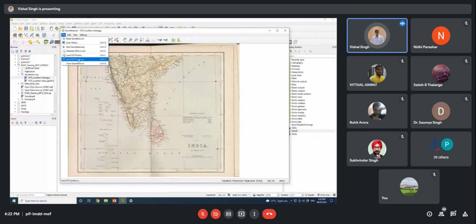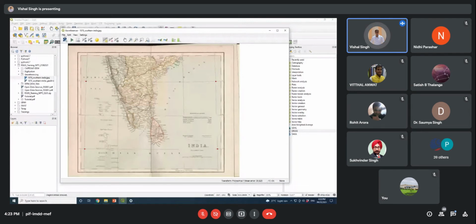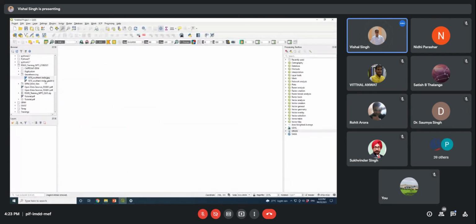For saving GCP points, you can go to File, go to Save GCP Points As, click, and you can save the GCP points. I can save the GCP points by giving some identical name like GCP. Similarly, you can save, and after that we can close this.